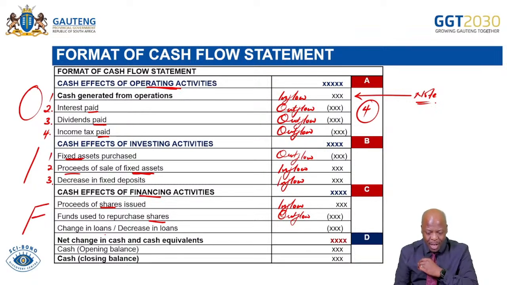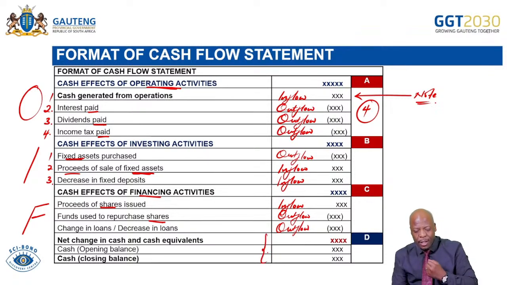Change in loans. When we have acquired a loan, or have a loan that we've received from a bank, the moment we pay that loan, it will decrease, and the decrease in the loan is a cash outflow. But also keep in mind that we can also receive a loan. And then lastly, we come to the last part of the cash flow statement, which is the changes in